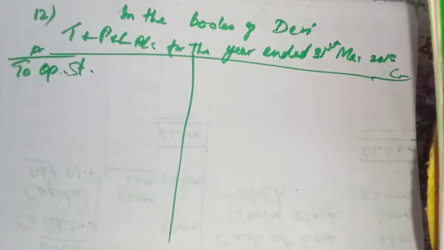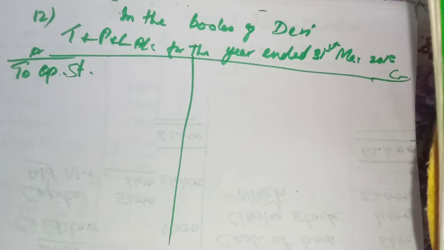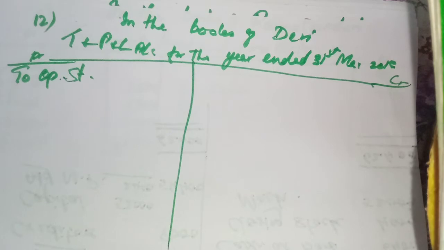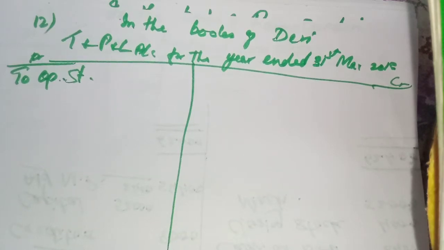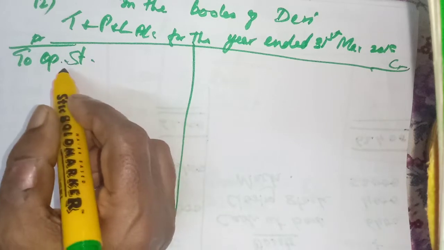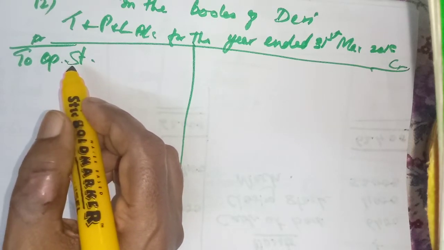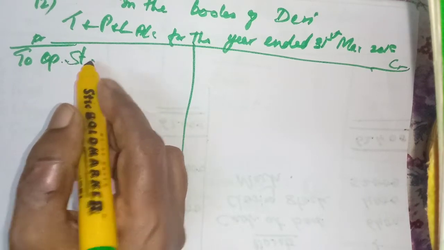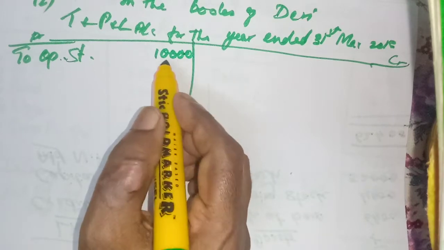Here you see the stock in this trial balance model. Inside the trial balance they will not give the closing stock. Closing stock is outside the balance as an adjustment. This is the first adjustment; adjustments in the final accounts is the next lesson. Without the closing stock we cannot do the problem, that is why they have given it here. Now the stock in the trial balance is called opening stock. How much? 10,000.